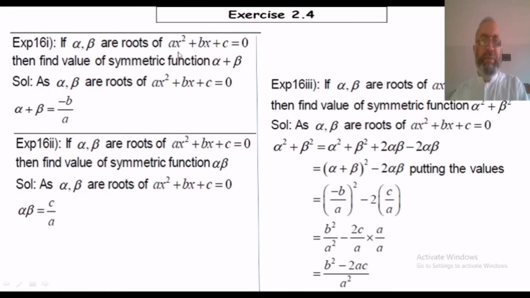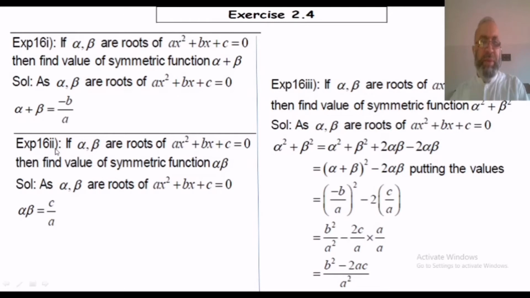For example, come to example 16, part 1. If alpha and beta are the roots of this standard form of quadratic equation, then find the value of the symmetric function. Here alpha plus beta is a symmetric function. As alpha and beta are the roots of the given quadratic equation, we have already proved this result: the sum of the roots is equal to minus b by a. Similarly,